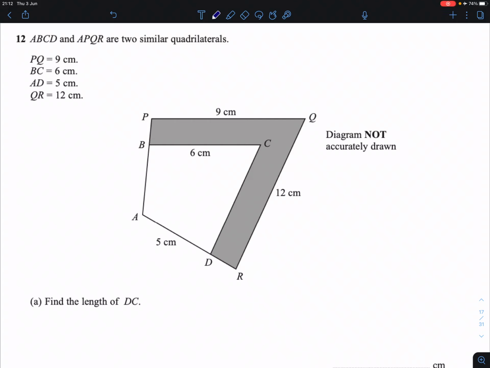Question 12. ABCD and APQR are two similar quadrilaterals. So this shape here is a smaller version of this shape here, or that shape out there is a bigger version of the first one. Those are the similar shapes, which means every corresponding length, the likes of the ones I'm highlighting here in red,